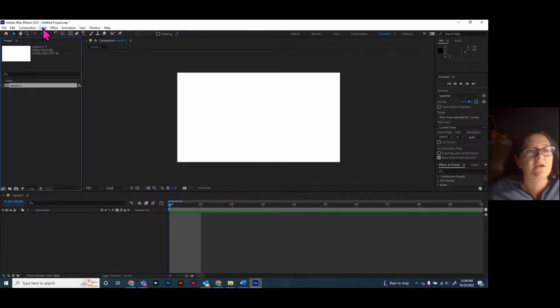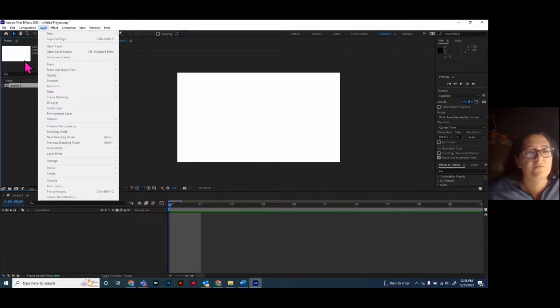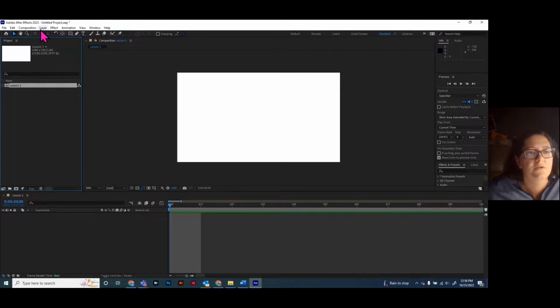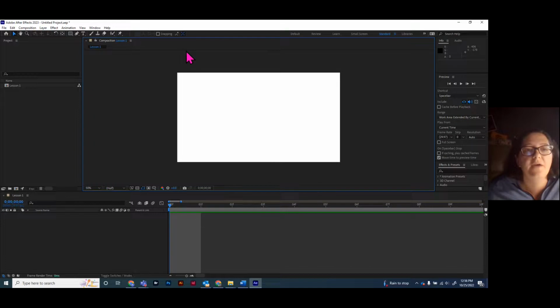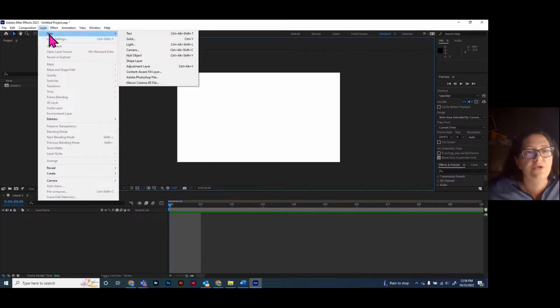Make sure it's highlighted. Come up here and do layer. And now it's not working. Oh, you have to be on the composition panel now. That's a change. So click on the composition panel, come up to layer and do new and solid,